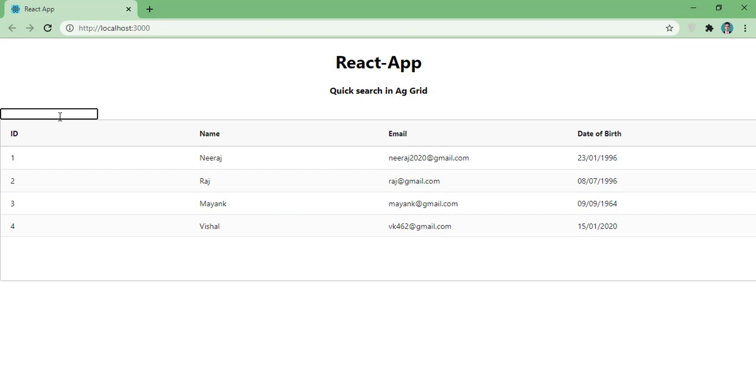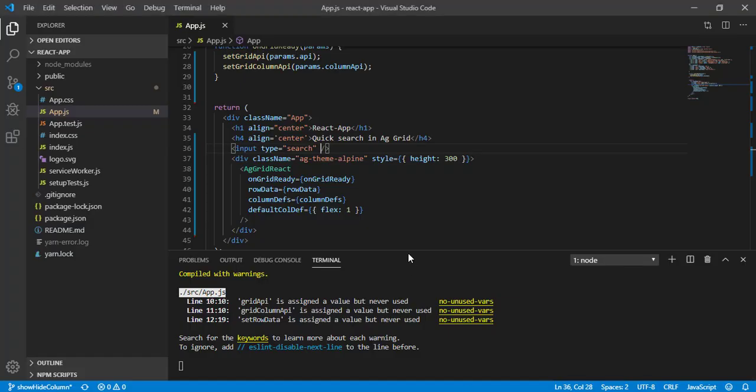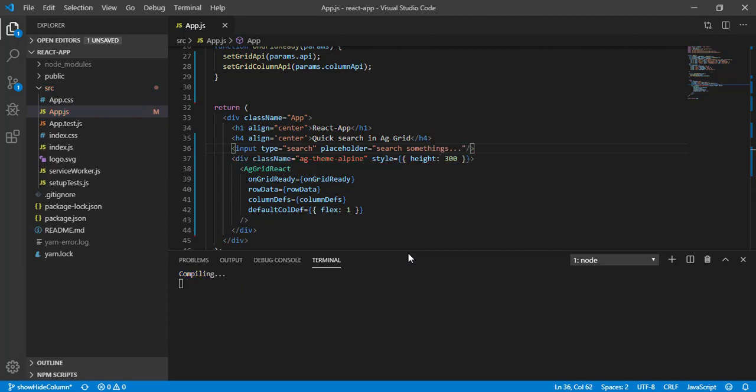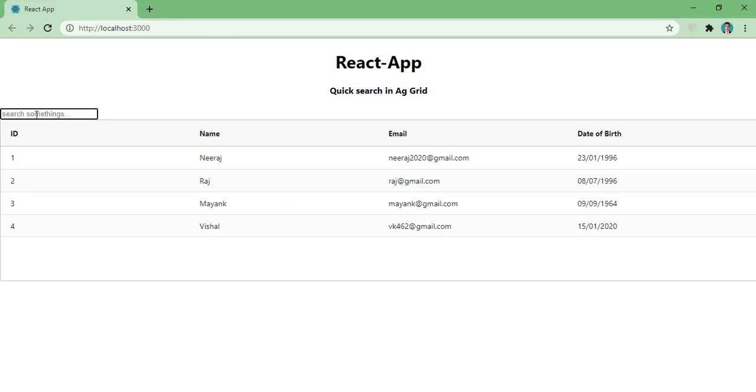Let's add a placeholder so we can see some text: placeholder, and here "search something". Now save it. So here we get this placeholder, and the type is search as I have defined. If I write something here, you can see I will get this cancel icon. On click of this it will get cleared.